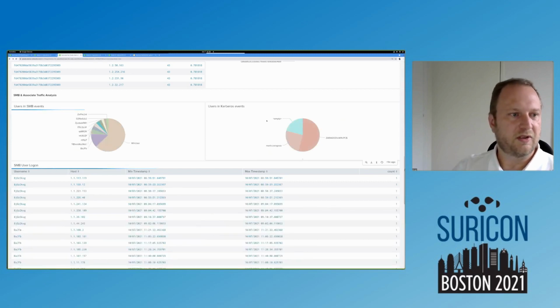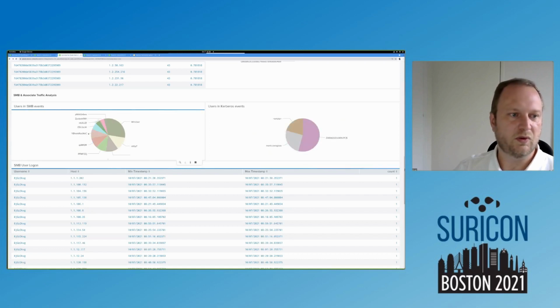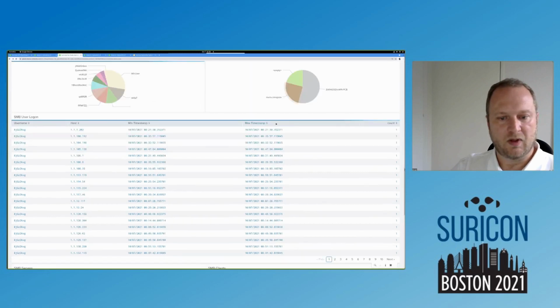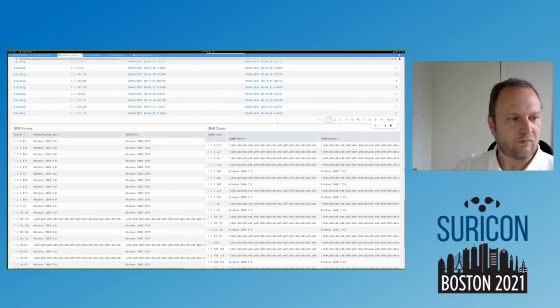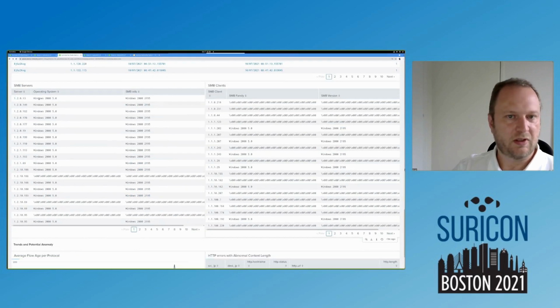So here what we can see is that we got a lot of users in the SMB event. We also get a user in the Kerberos event. This one looks a little bit nicer than the other one, which may be linked with Ixia. And we got all this information by simply doing the query. We also got other information like the version of the operating system, because during the negotiation of SMB, there is an announcement of the supported version and the version of the system.